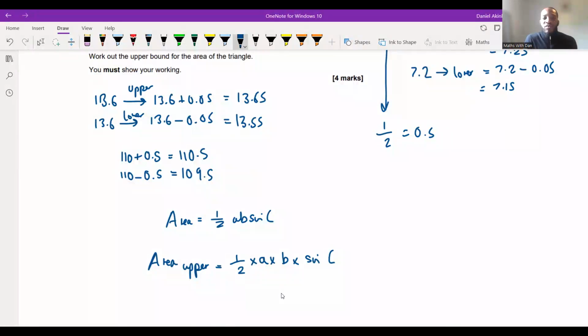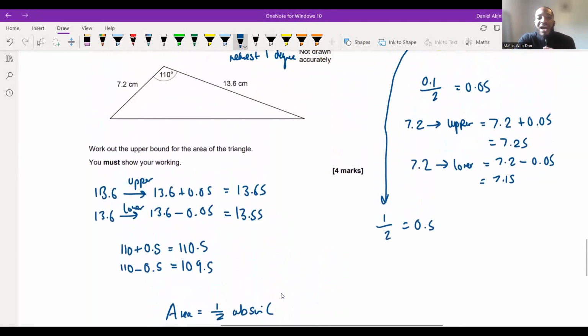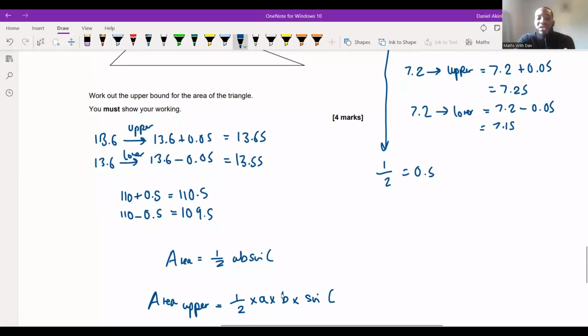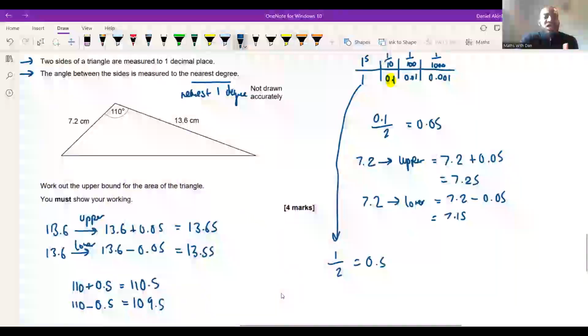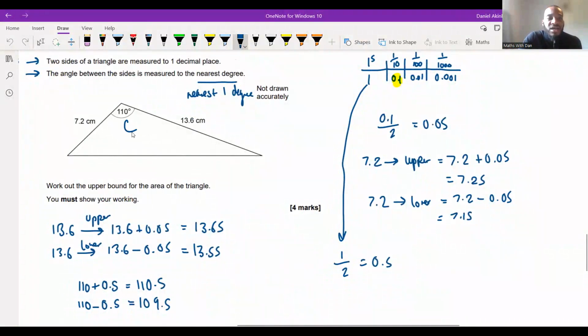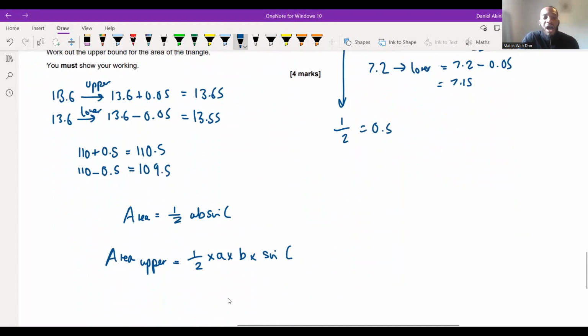Now, when you're doing these questions, you're looking for the different types of values, the upper and lower bounds that we would need. So can somebody give me a suggestion, please? Let's just say this is C, this is A and this is B. For the values of A and B, I want the upper bound. Which boundary do you think we would need for A and B? Up times up, and I agree with that because we're timesing together. How do we make the number as big as possible? We times by the bigger numbers, so we're going to get the upper bounds for both the two sides.